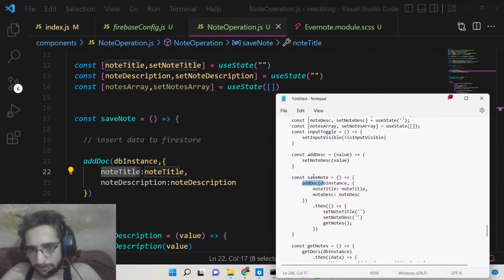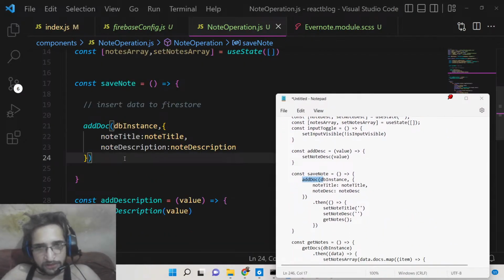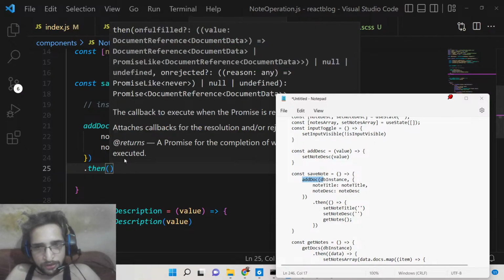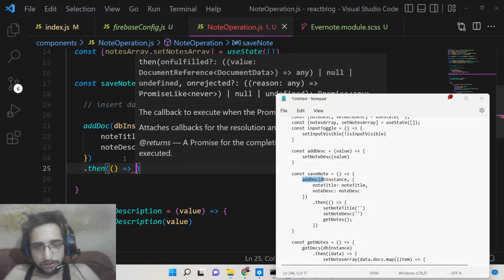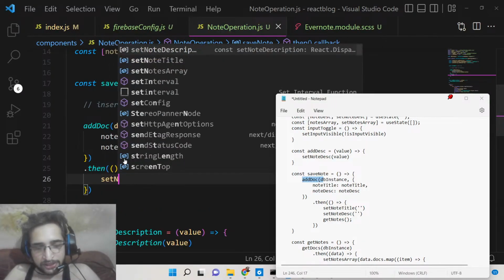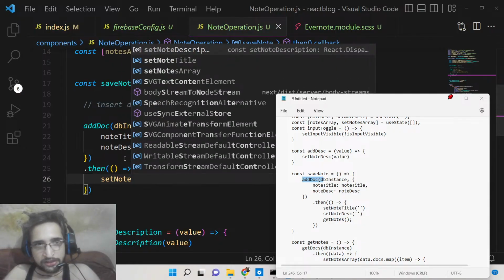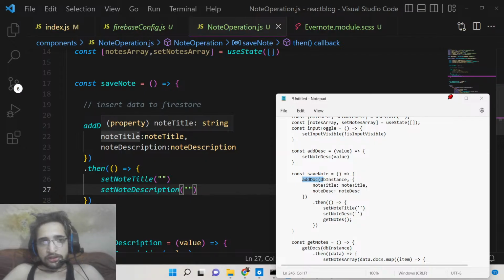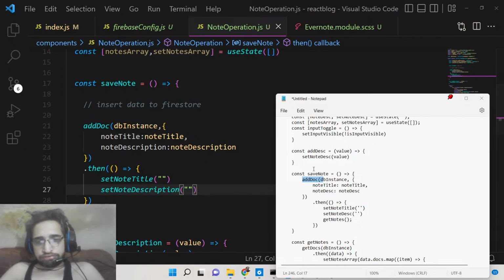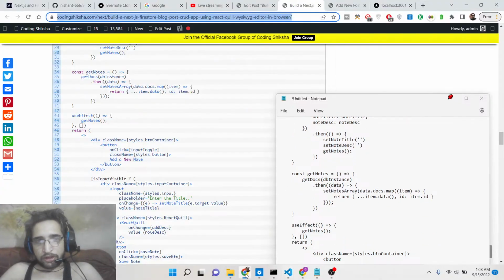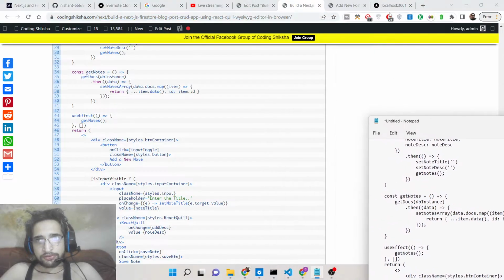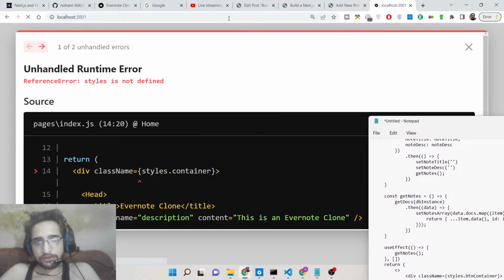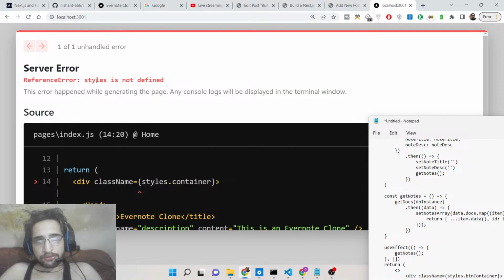So now basically this will return a promise. We will handle this by dot then, and this will return a callback function. So basically here we will clear out the entries by setting set node title to once again empty, set node description to once again empty, and that's it. And now basically if you refresh it, guys, hopefully if I go to localhost 3001,